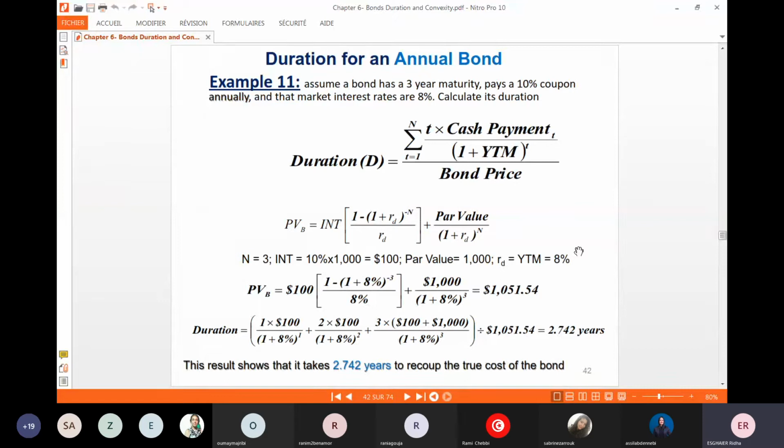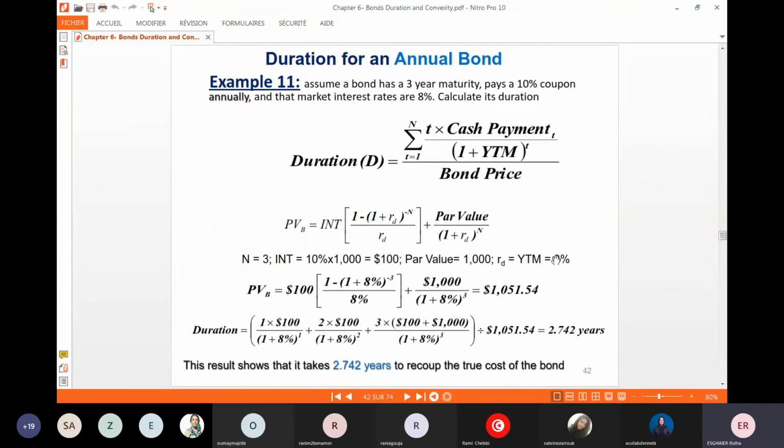شنو نعملوا هوني؟ Simply to compute the duration we need the price of the bond, we need the cash payment. The cash payment هما الانترست interest والبار فاليو. Done. Price of the bond today, number of years until maturity هما 3, interest هما 10% times the par value 1000. The yield to maturity هو 8%. حسبنا the present value of the bond نلقاو 1031.54. Donc according to the current yield to maturity اللي هو 8%, according to the coupon rate of the bond اللي هو 10%,